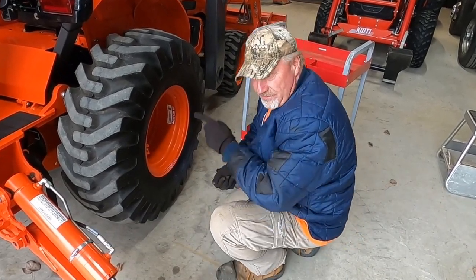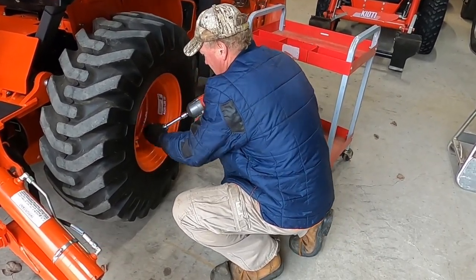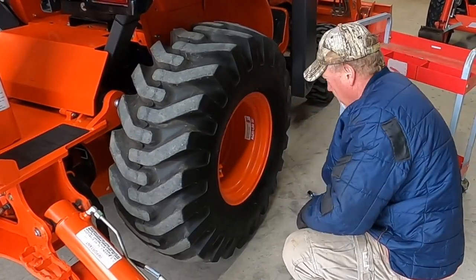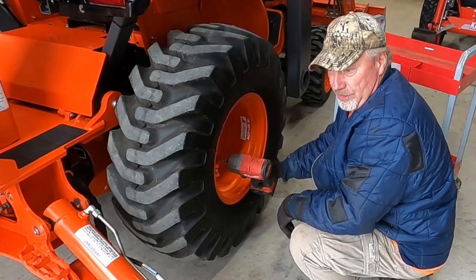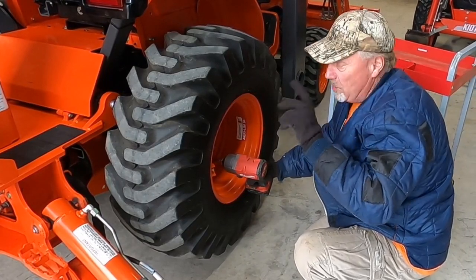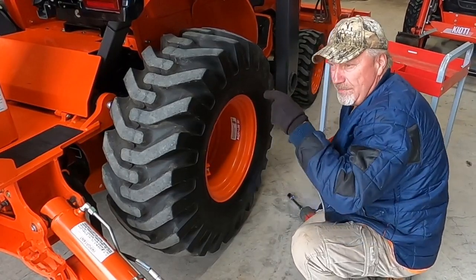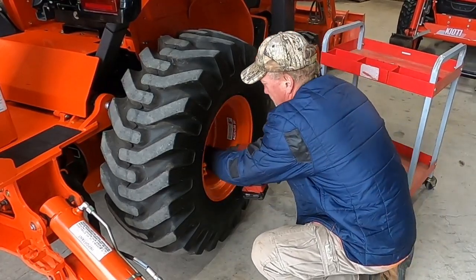I can guarantee you these tires have never been off this, ever. Why would they be? But I can tell you what it's going to allow me to do, on a more serious note, pulling these tires off. I'm going to lubricate the back of these rims. I'm going to take that fluid film and do the back of these rims while I've got the tires off, because I'm usually trying to spray the back of the rims with the tires on the tractor and rubbing it around with a rag, but now